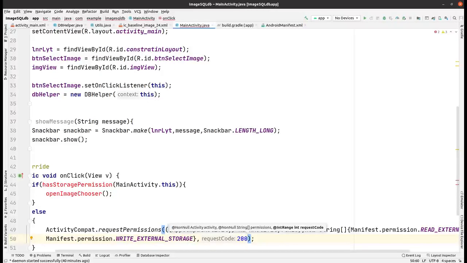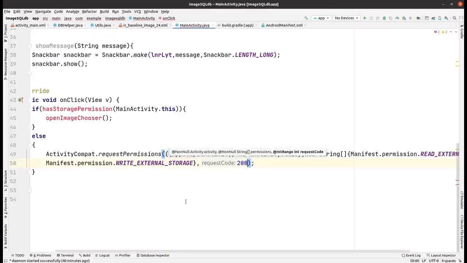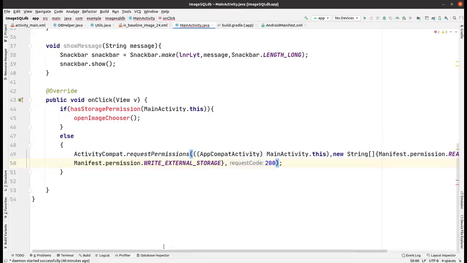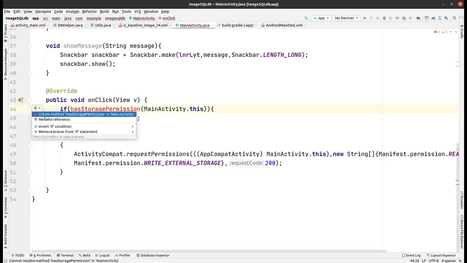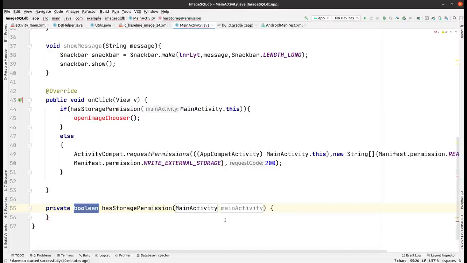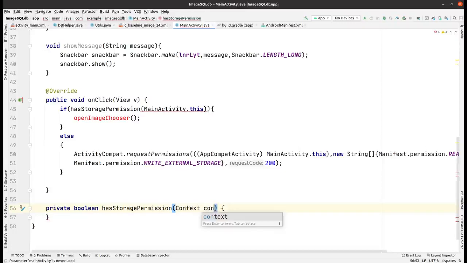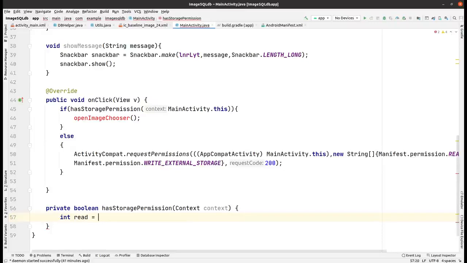Okay, that we have also given in the starting of this class as a constant. So now we have to create such methods: the first method is hasStoragePermission, and the second method is open. First of all, I'm creating this hasStoragePermission, and within this, this should be context. So change the parameter,